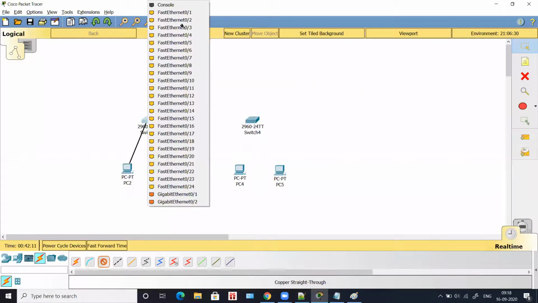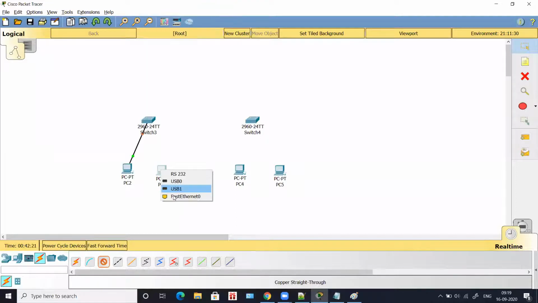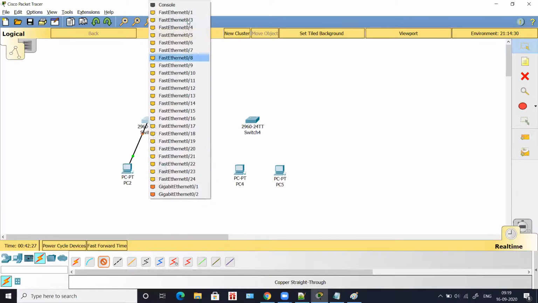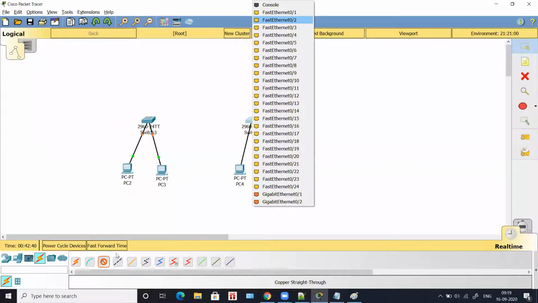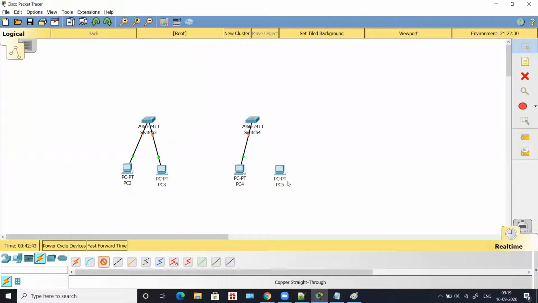And the same way, again, I'll choose the cable copper straight through from PC. It's fast Ethernet, and it is going to ask me which interface. So I'll take 0/3. Yes, and the same way you have to connect these 2 computers also. So from this computer, fast Ethernet to switch, it is 0/2, and from this computer, it's fast Ethernet, and from here it is going to be 0/3.